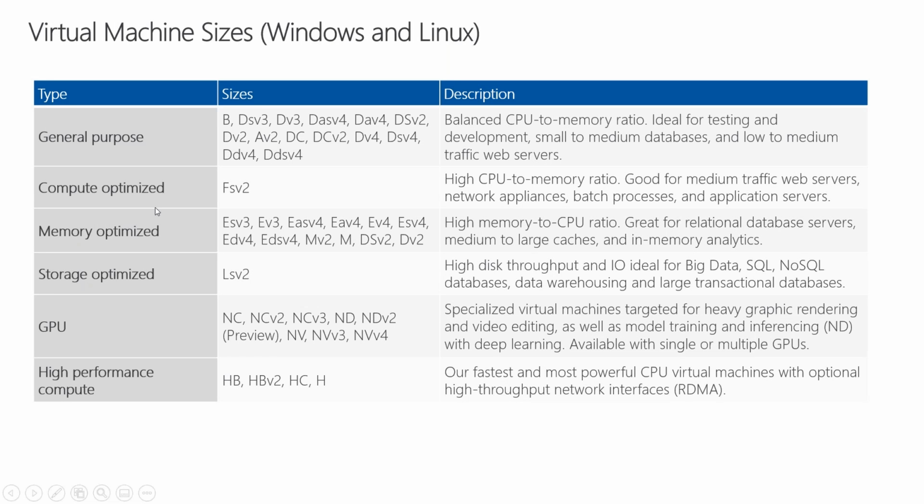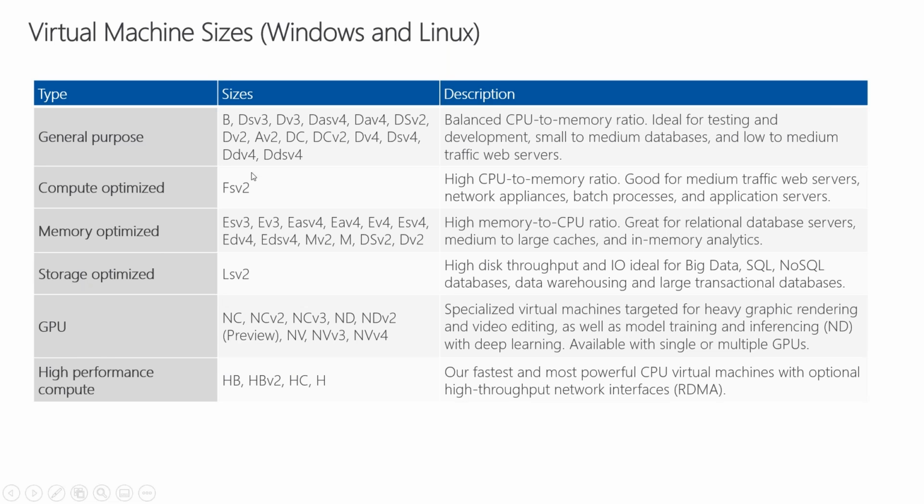If you need high CPU, if it is having heavy load, then you can go with the VSV2 series. This is also important. Whenever you are creating a VM, there will be one question: whether I can change the size. It is possible to change the size, but it will have some interruption to the service.